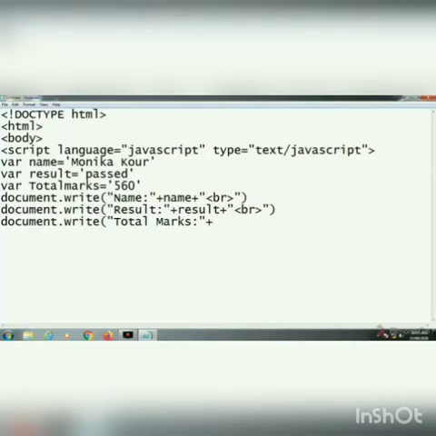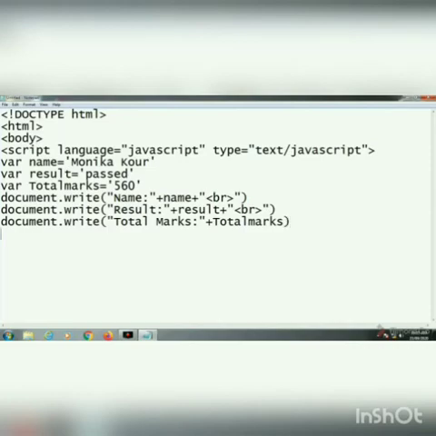But the variable name, suppose here I am writing variable name, T capital letter, and the name spelling marks must be same. Since it is the last line, I will not put BR tag, just close the bracket.